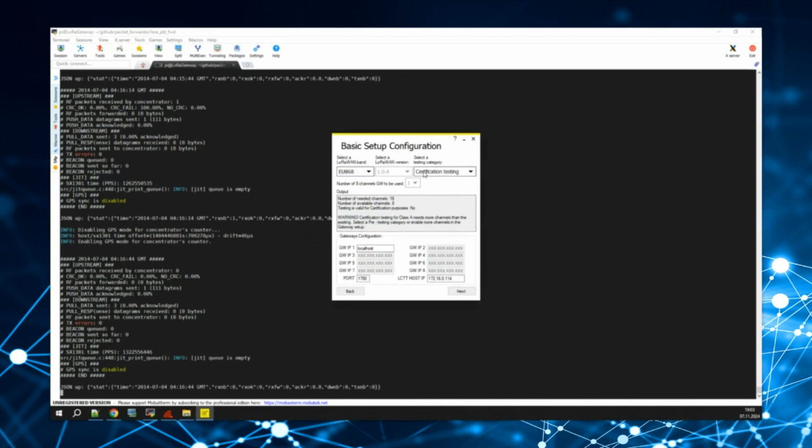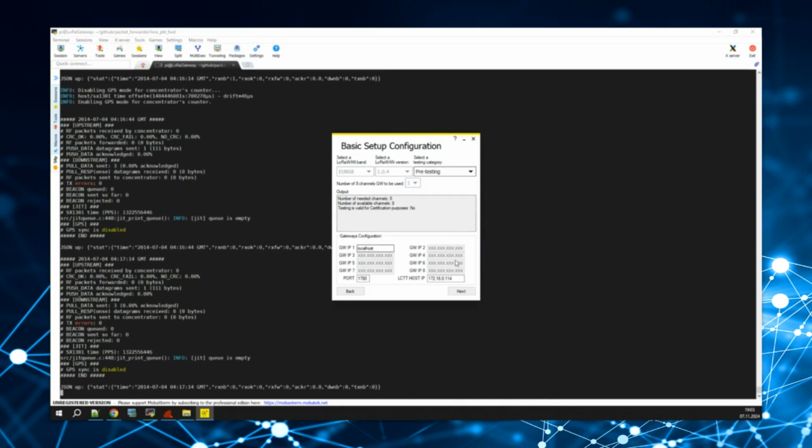So you could just continue with the selection of the gateway. Here we could select more than one gateway or just select one of them. Important is that here you have the possibility to select relay testing or certification by similarity. If you select the normal certification,